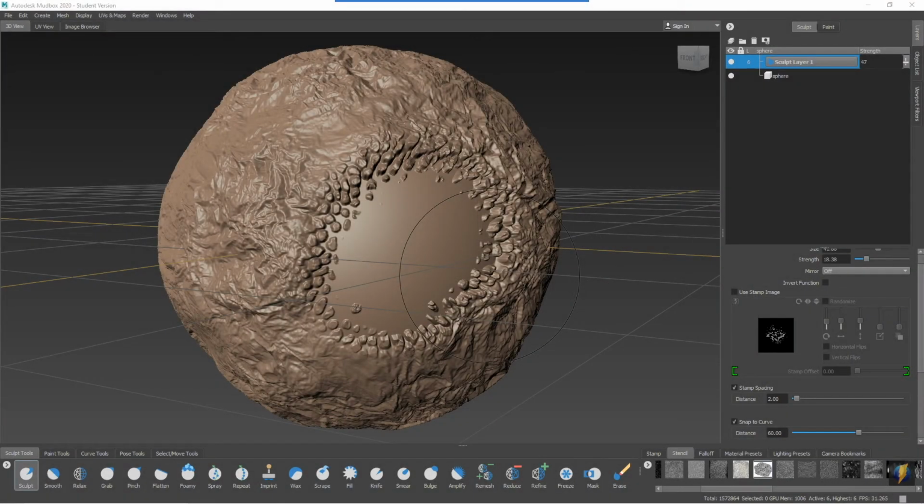Hello everybody. In this video we're going to take a very quick look at rendering in Mudbox. Rendering in Mudbox is a lot easier than in other packages such as Maya. So let's get started. Here's my scene that I want to render, and when I want to create a render